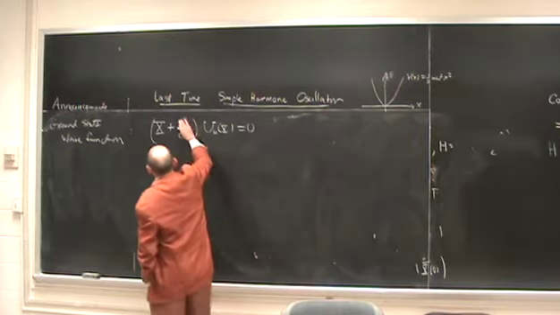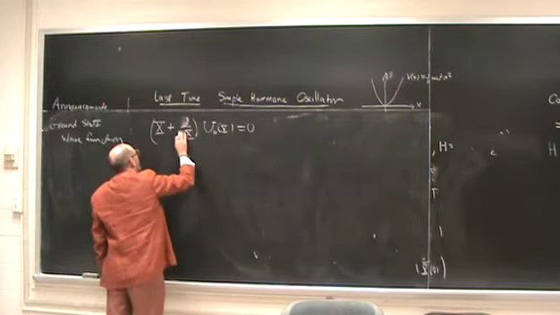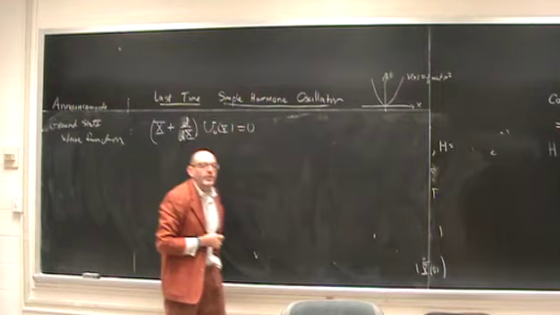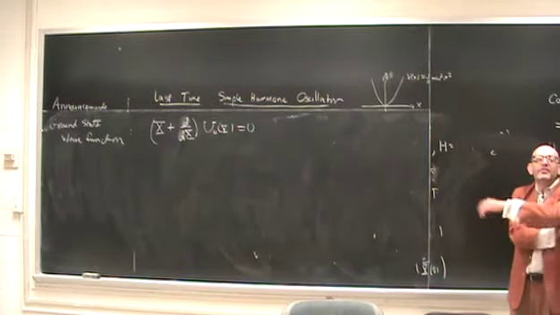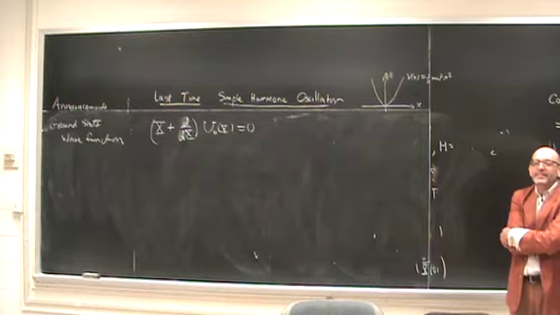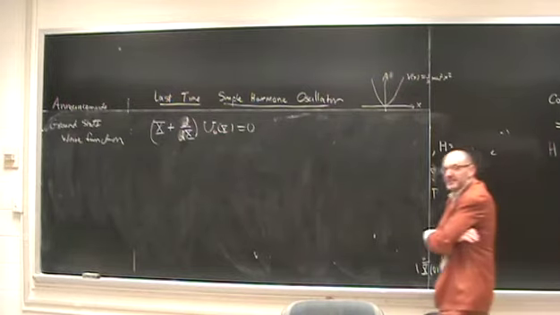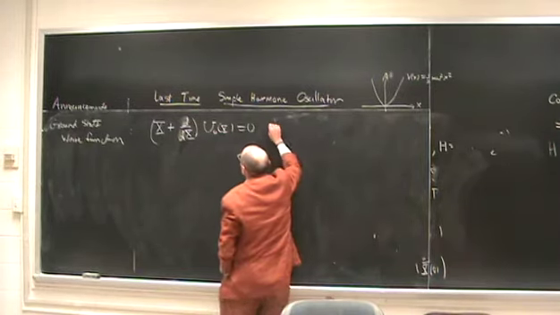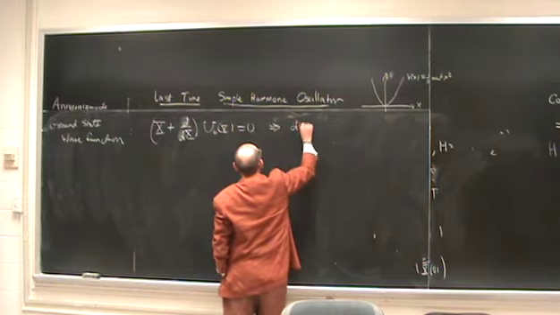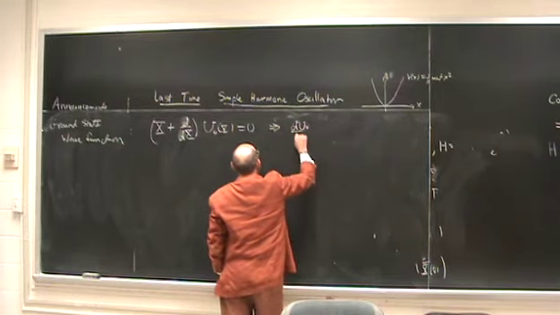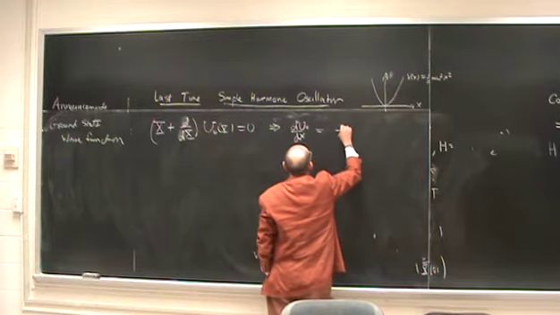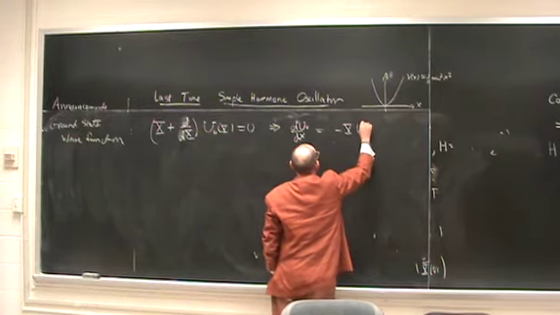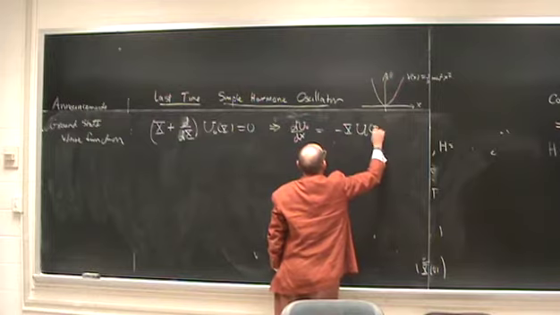Of course, this is really in 1D without time dependence. This is an ODE, not a PDE. So how do you solve that differential equation? Separate variables, thank you very much. It says that the derivative of u naught with respect to x is equal to minus x times u naught,